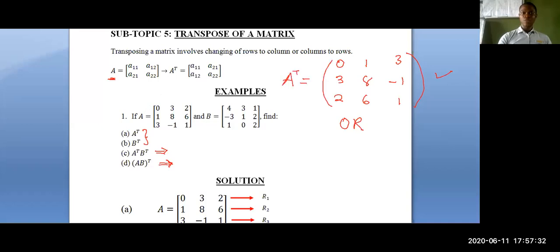I'm changing columns to rows. So this is column 1, and this is column 2, and this is column 3. I want to change each of these columns to rows. So C1, C2, and C3. So to change them